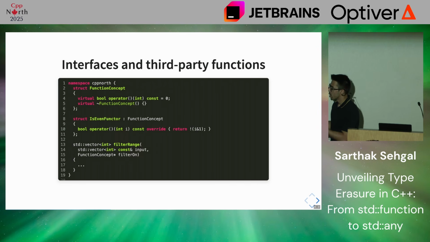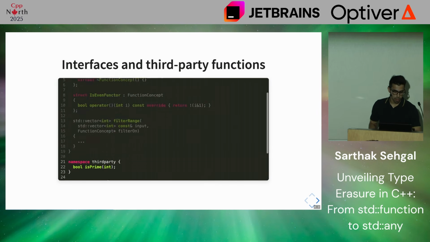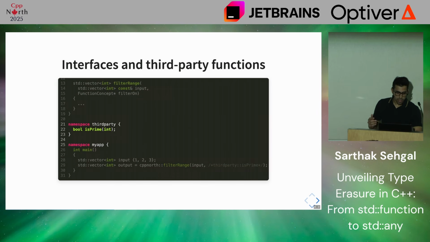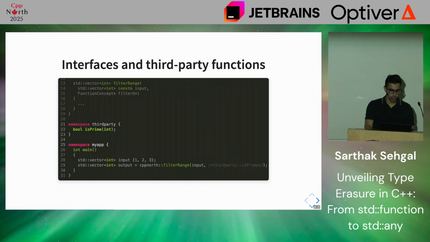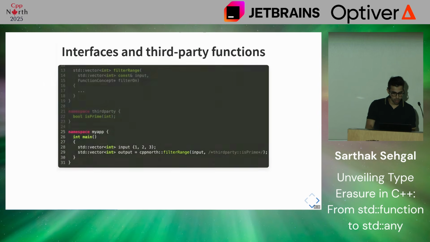Let's say in this case there's an is even functor that inherits from this function concept. This is all good, we can use the is even function. But now if there's a third-party function called is prime, say in a third-party library's namespace, all we really need to do is